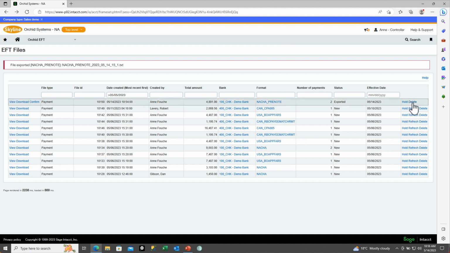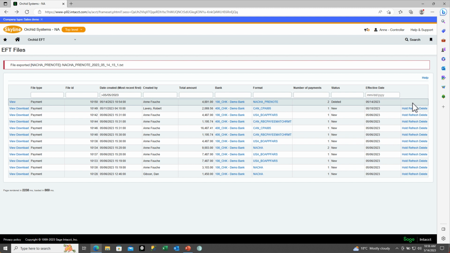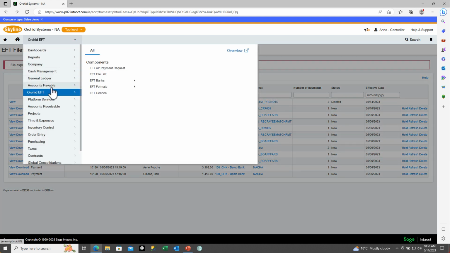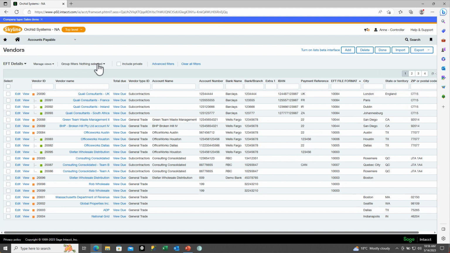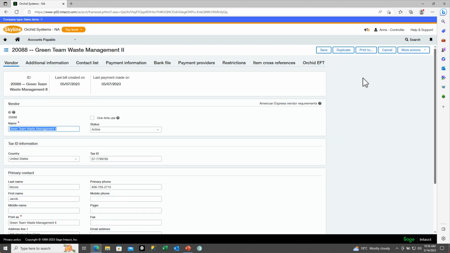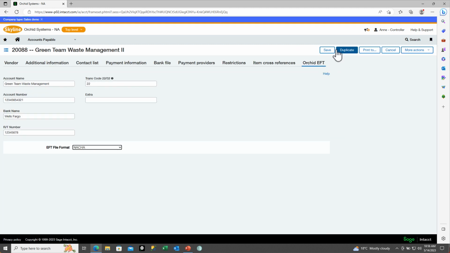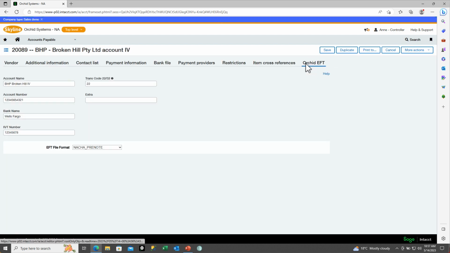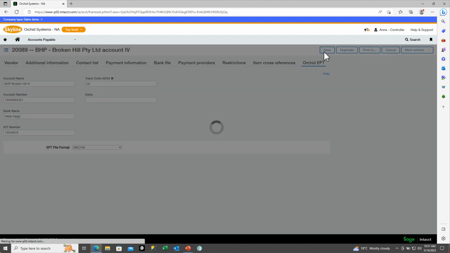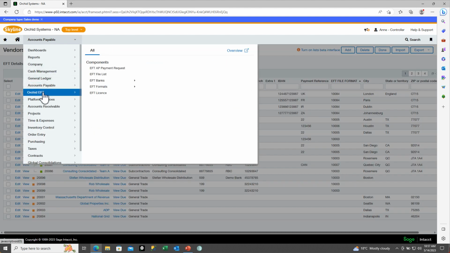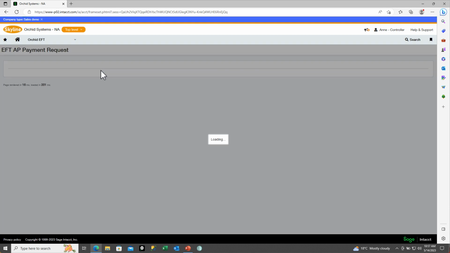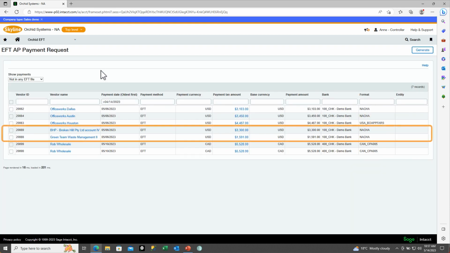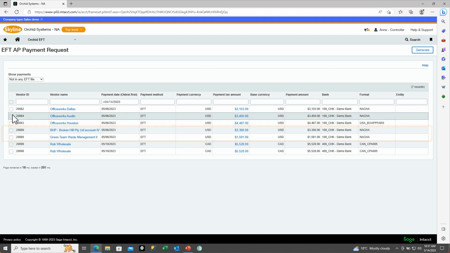And delete will put those two payments back on the EFT AP payment request screen. And now you would go to your accounts payable vendors and edit the details of those two vendors and set their file type to Nacha. And now when you go back to the EFT AP payment requests, you will see those two payments now requiring the Nacha format. So you could select all for the Nacha format,